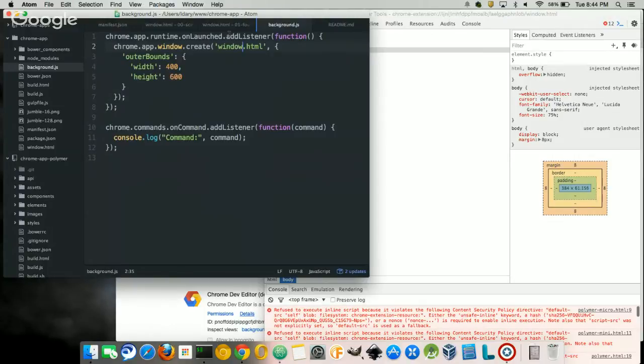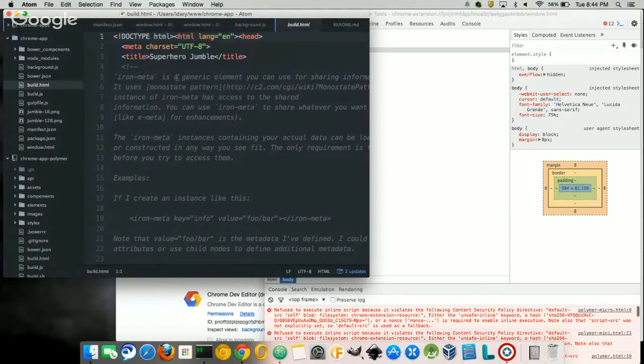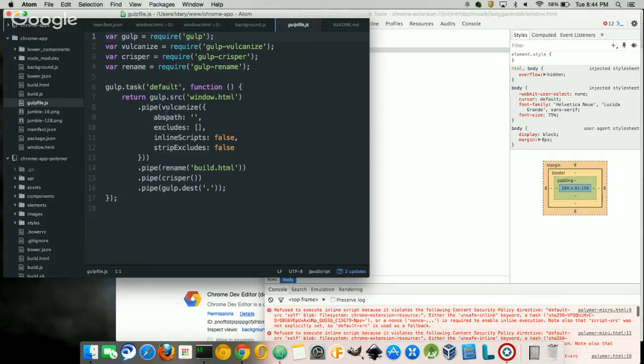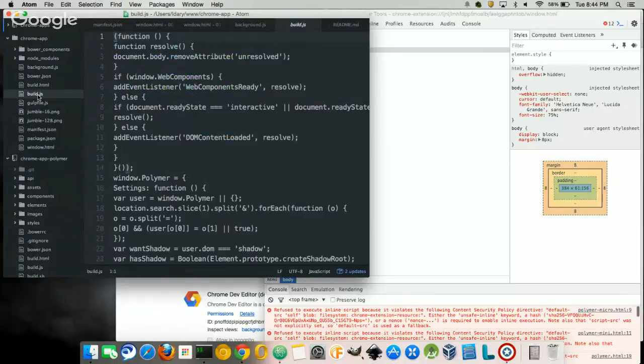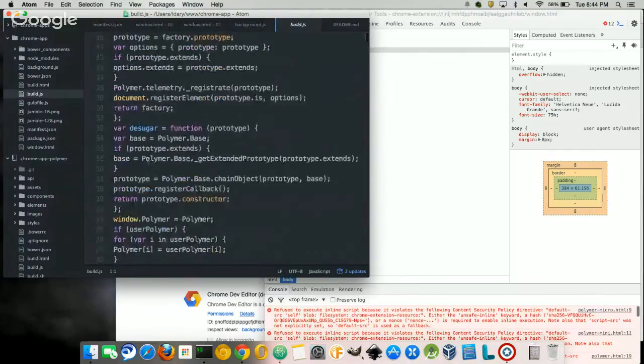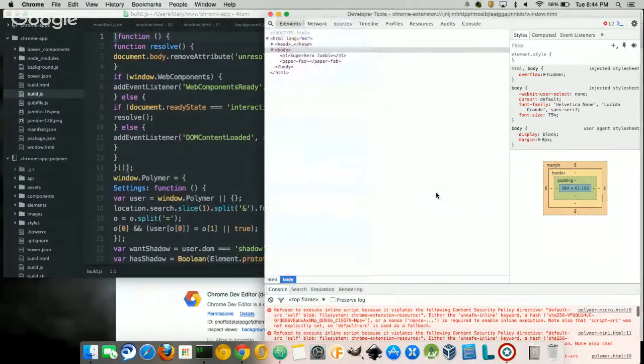But if you run this one, this is vulcanized and crisped and renamed. Vulcanize will take out the inline scripts and put them into a file based on the same name as the HTML file. So this is all the Polymer scripts that would be included. So if I reload now,